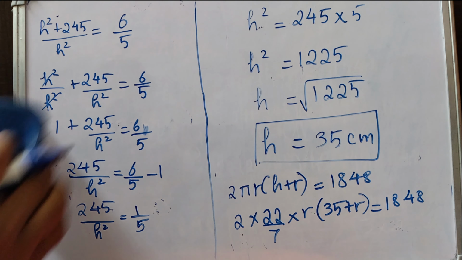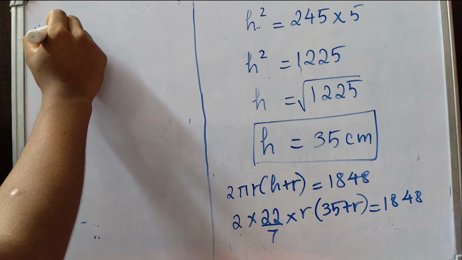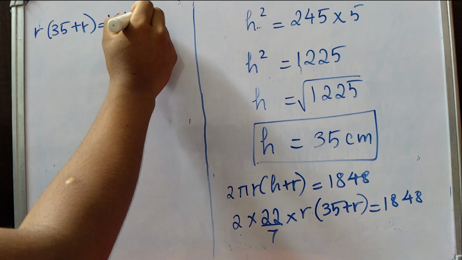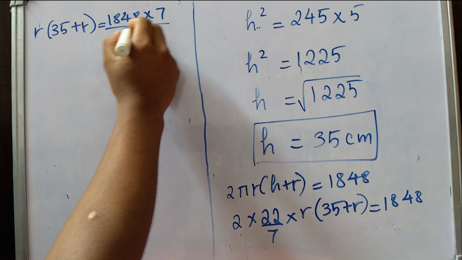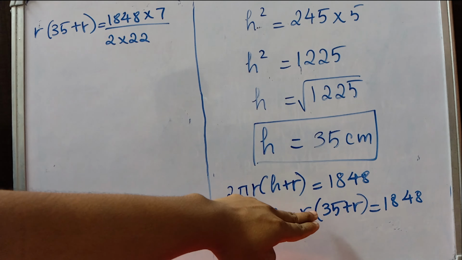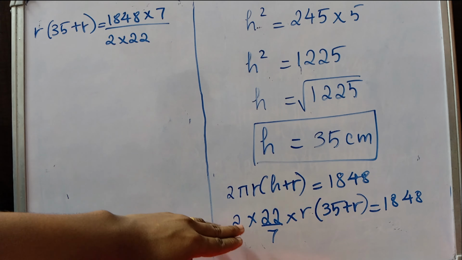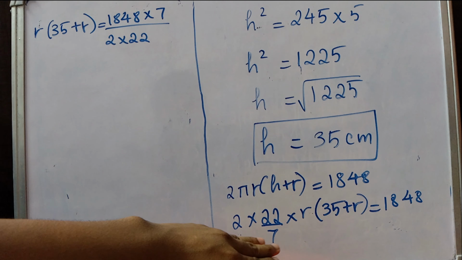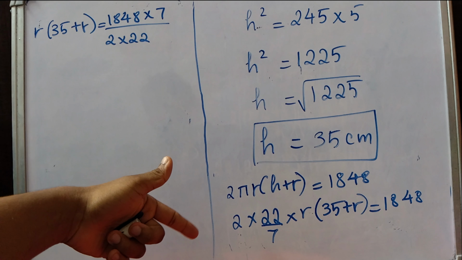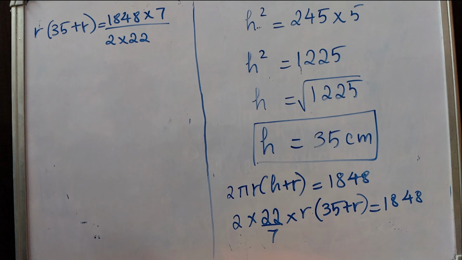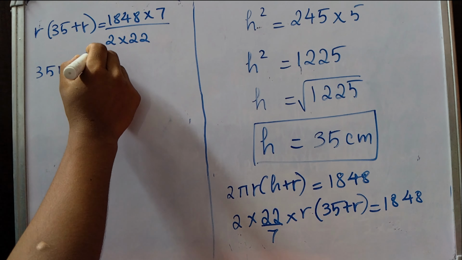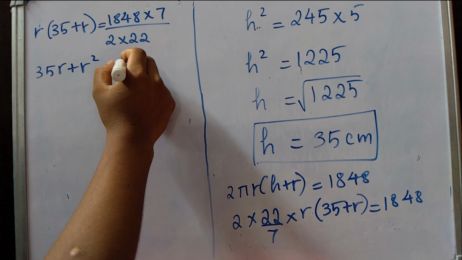We can rewrite this as R into (35 plus R) is equal to 1848 into 7 divided by 2 into 22. Whatever we have in the numerator goes to the denominator on the other side, and whatever is in the denominator goes to the numerator. So we can rewrite this as 35R plus R square is equal to